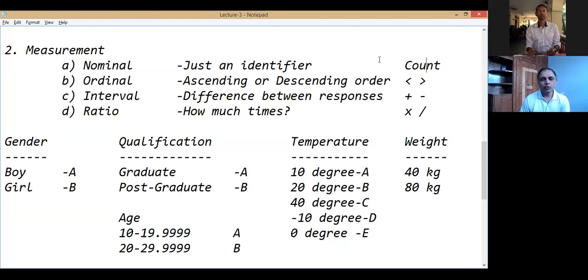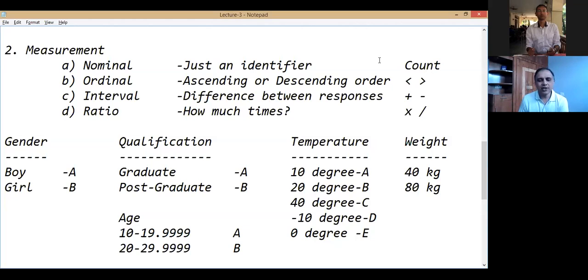Okay, so the first property of ratio is this is where science operates. Science all the time starts by first defining a zero, and then they define a particular thing. That's why meter, centimeter, gram, kilogram, hour, minute, second, everything comes there. So in science, zero is fixed. When you conduct any experiment, when you measure things in actual units, like height, weight, distance, these will be ratio measurement, and we can say this is 2 times, 3 times, 5 times.